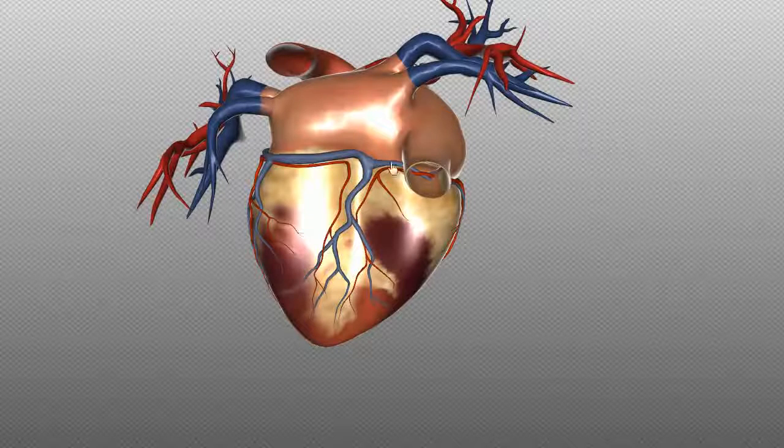A person whose posterior interventricular artery arises from the circumflex artery will be left dominant, whereas if the posterior interventricular artery arises from the right coronary artery, they'll be called right dominant. In the majority of people, the posterior interventricular artery arises from the right side, but in some patients, the posterior interventricular